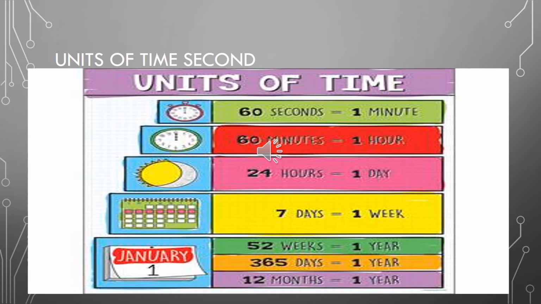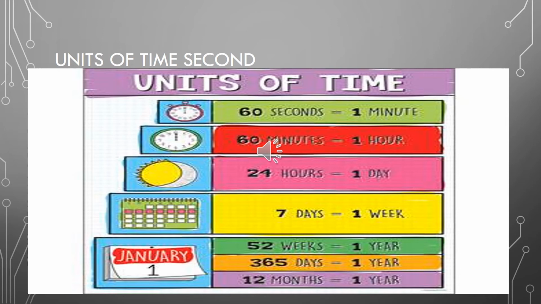Okay, and when 7 days combine, what does it make? It makes a whole week. And when 4 weeks are combined, what does it make? It makes a month. Okay, and when 12 months are combined, what does it make? It makes a whole year. Done. Got it? So you come to know that 60 seconds equal 1 minute, whereas 60 minutes are equal to 1 hour. Then 24 hours equal 1 whole day.